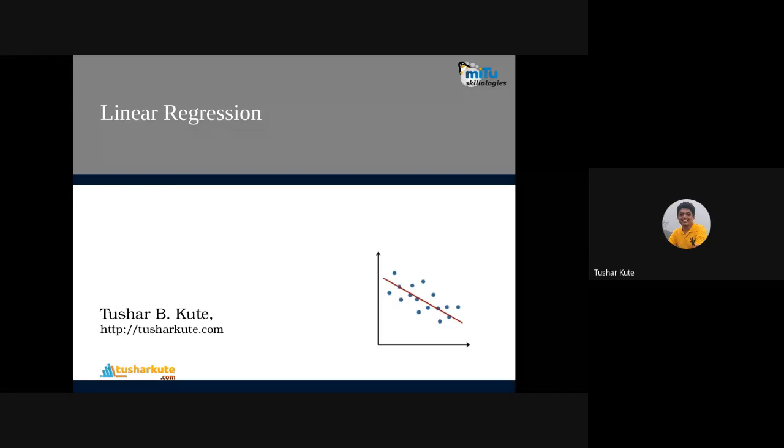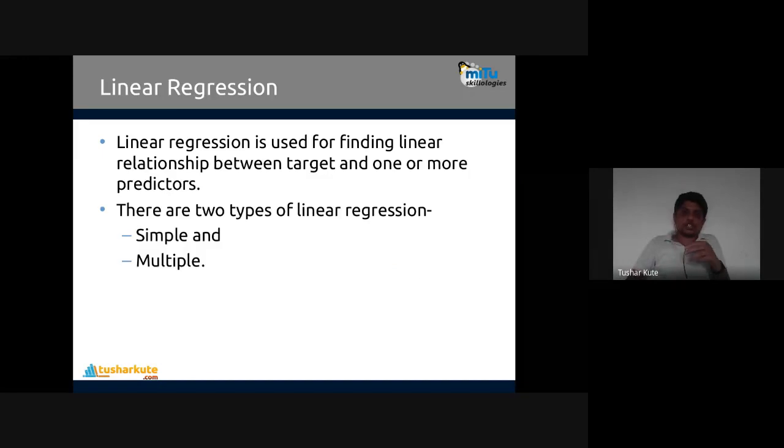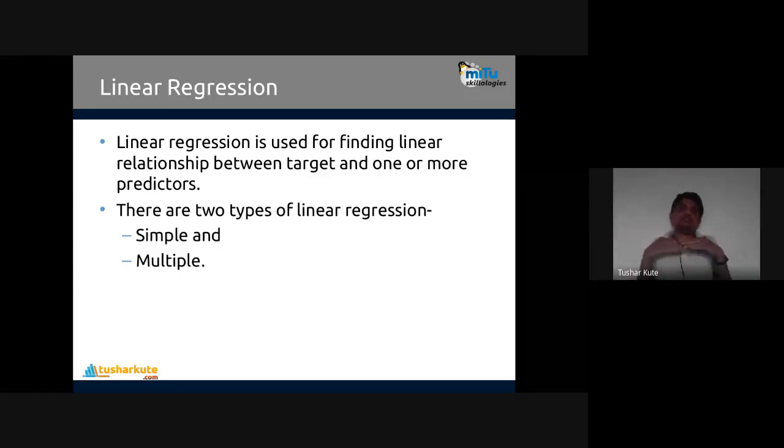Let's see. So the first method is the regression method, that's what we have seen. It's linear regression. I told you about regression already. You might know linear regression: there's a relationship between one or multiple variables, or 1:1. I have a continuous variable, and that continuous variable is dependent on another continuous variable. For example, the height and weight of a person. As height increases, weight also increases proportionally.